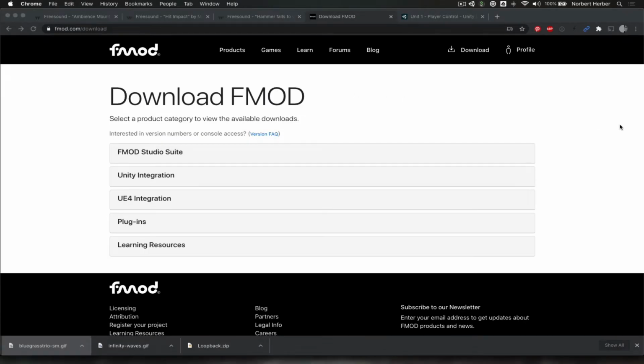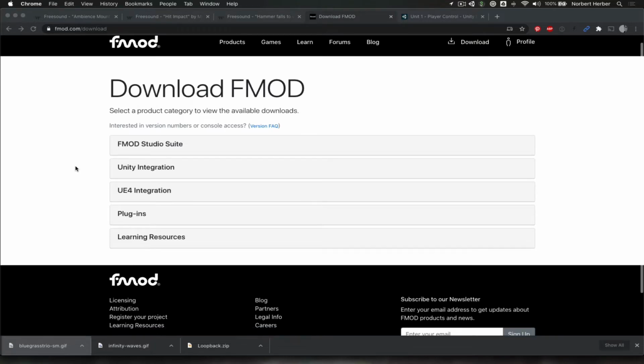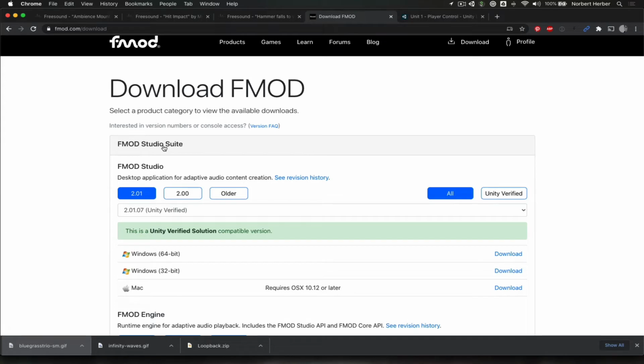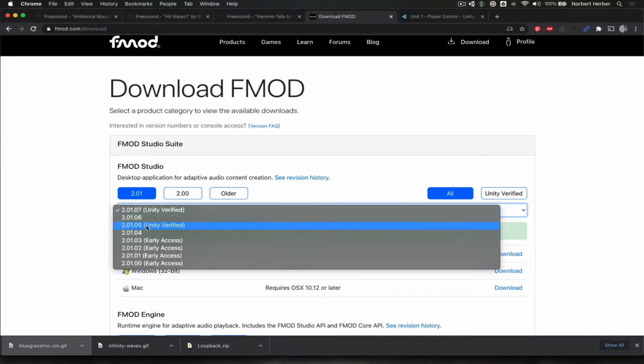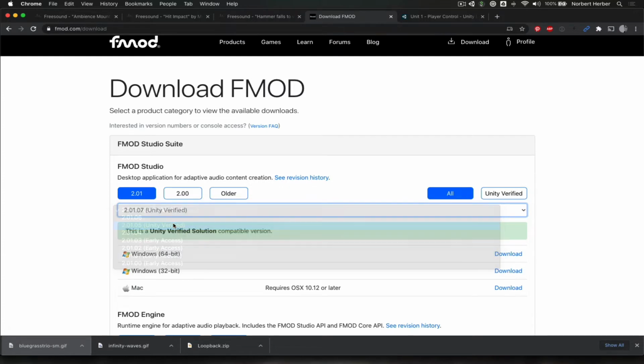So the first thing that you may need to do is just simply download FMOD. fmod.com/download is the URL. Again, a link in the description below, if you need the software itself. Once you get to that page, you'll see FMOD Studio Suite is listed right there at the top. And in this tutorial, I'm using version 2.1.5. At the time that I'm recording this, there's actually a slightly newer version that is also Unity verified, but